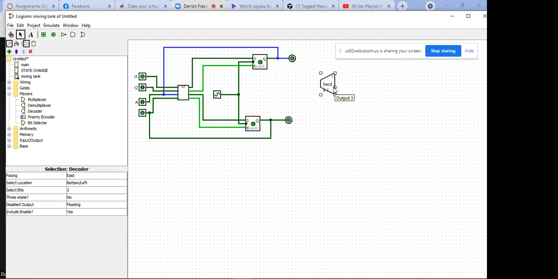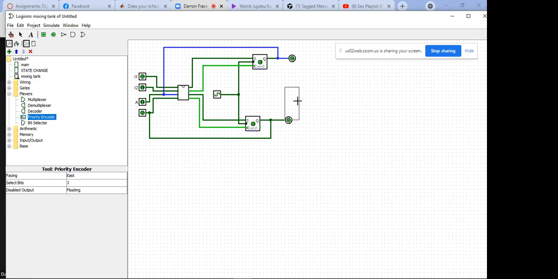How many input bits does that have? Sorry, wait. It's supposed to be an encoder then. Encoder, oh, encoder, all right. Priority encoder. Yeah, well, so okay. How many inputs do you have there? It's a 3, but